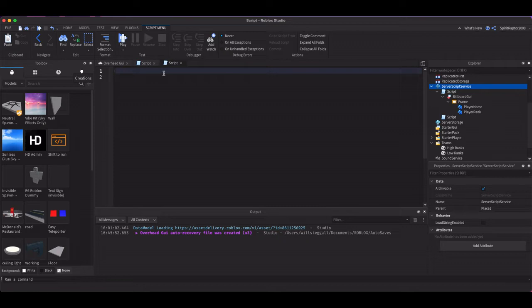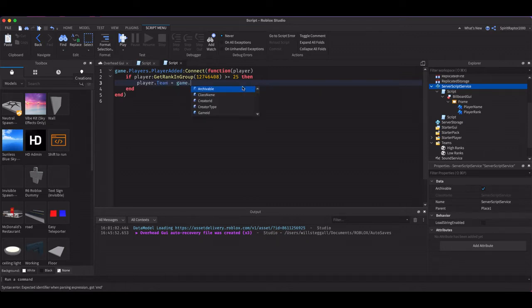So we're going to do game.Players.PlayerAdded:Connect(function(player), and then we're going to do if player:GetRankInGroup, and then the group, whatever group you want, greater than or equal to 25, I believe it is. When you're doing this, you go to the group, then go to configure, then onto the roles, and you can find the role ID there, and that's what that number is. So if the player's over the rank of 25, then we'll go player.Team